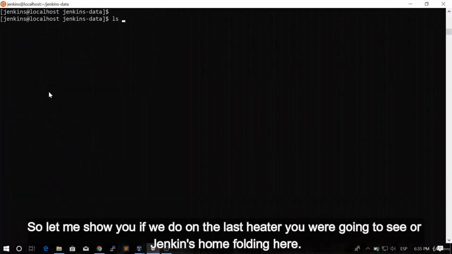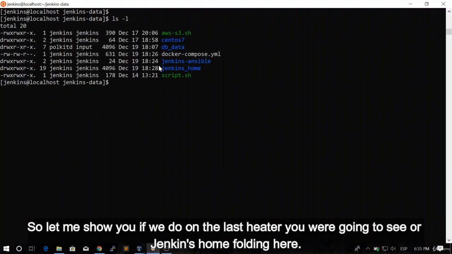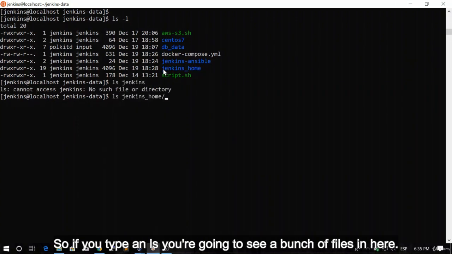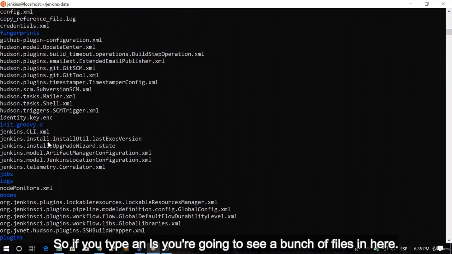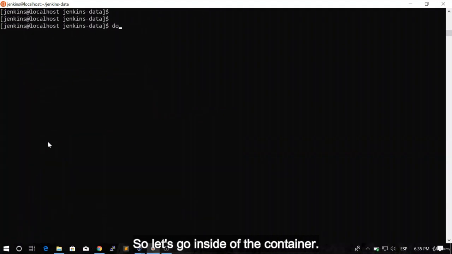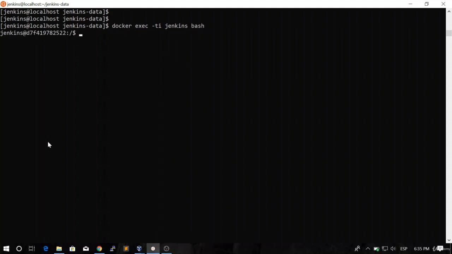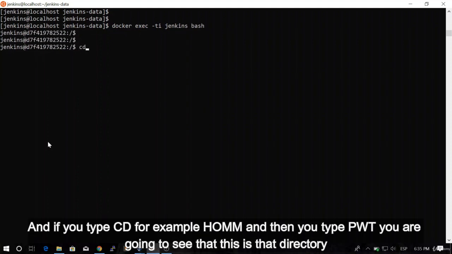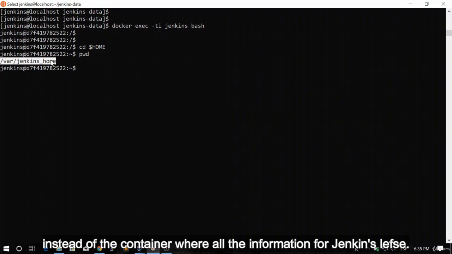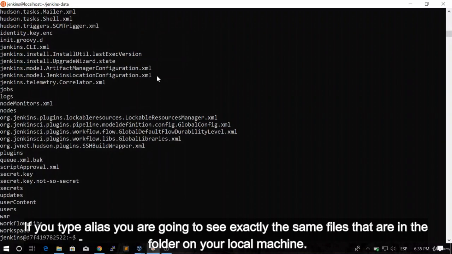So let me show you. If we do an ls here, you're going to see your jenkins_home folder in here. So if you type an ls, you're going to see a bunch of files in here. So let's go inside of the container, exec -ti jenkins bash, and if you type cd, for example home, and then you type pwd, you are going to see that this is the directory inside of the container where all the information for Jenkins lives. If you type ls, you are going to see